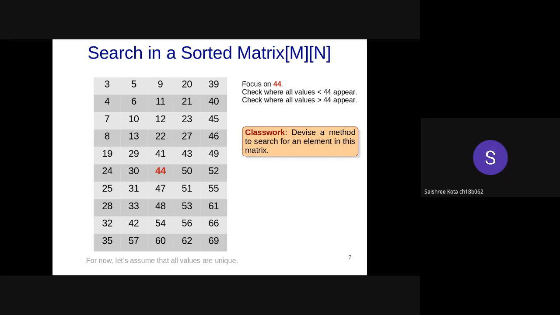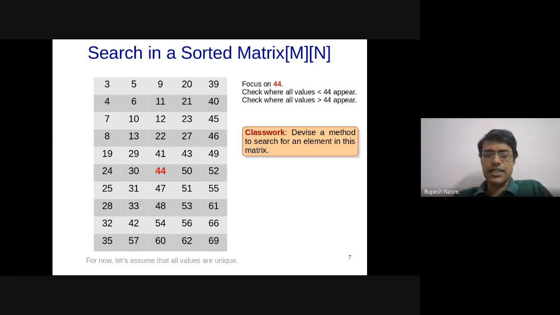Yes, so it will only be helpful for some elements like 61, where we can discard the second and third quadrant. So for some of them, it is going to be true. That is correct. And I'm playing the role of devil's advocate, that I'll change the matrix such that it becomes difficult for you. So we have to make sure that irrespective of what your instructor does, irrespective of what an adversary does, irrespective of what your devil's advocate does, the algorithm should still work.